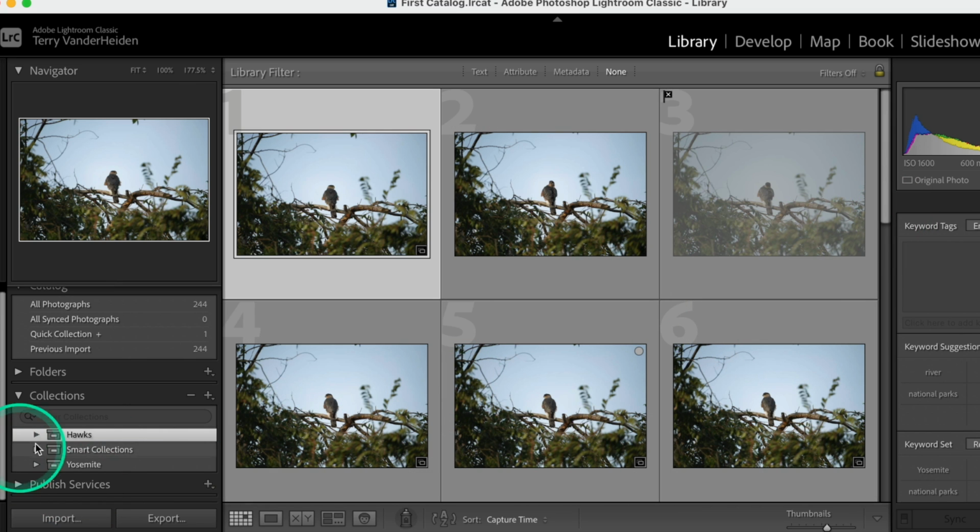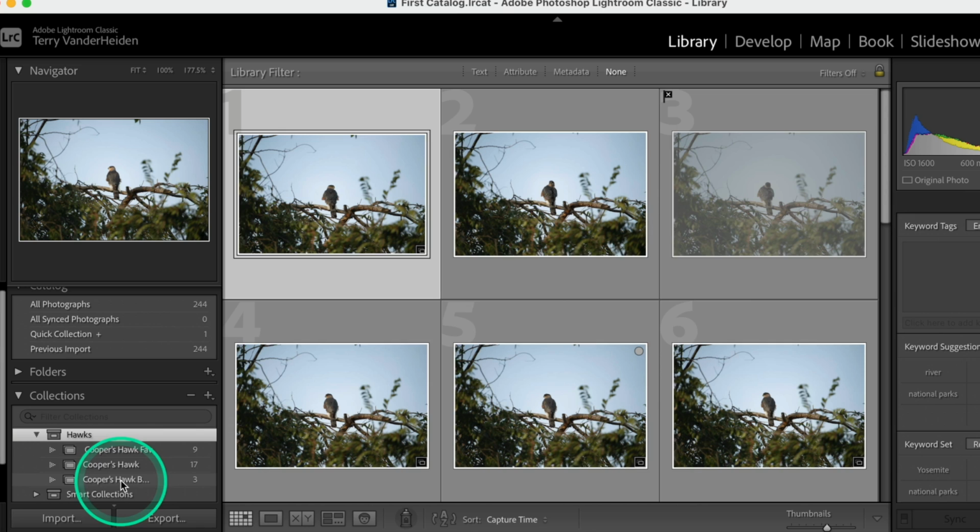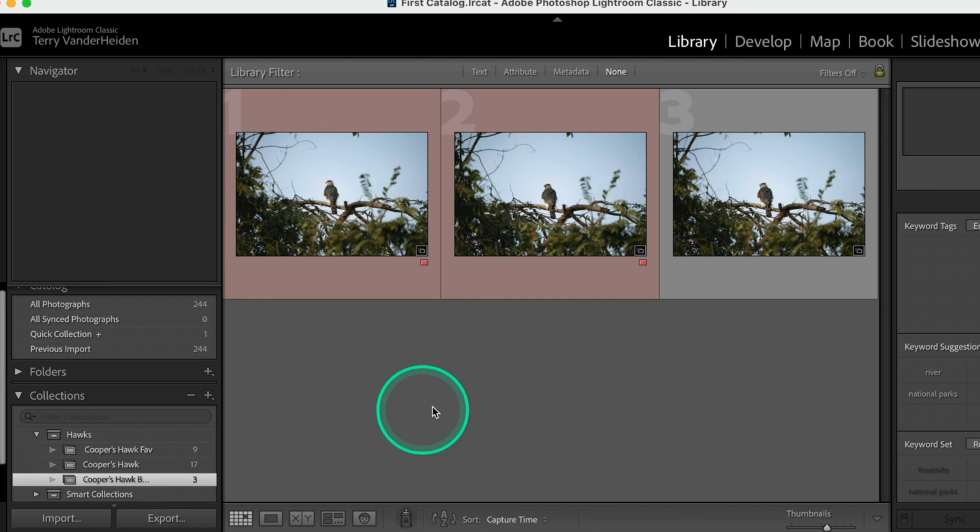And when you go in here, you can always just say, hey, let me just go right to our best images, and then you can start working on these inside of the develop module, or take them into Photoshop, or do whatever it is you want to do. So that should give you enough information you'll need for selecting images, flagging them, color coding them, and then sorting them into collections. Collections are a great way to find particular subjects all over your entire catalog. Once your images are organized into a collection set, you should be able to find just about any image you want. On the next episode, we're going to take finding your images to a new level, and that is learning about